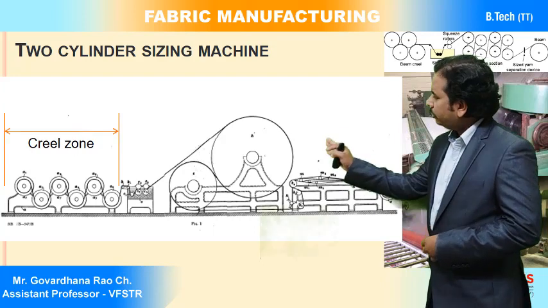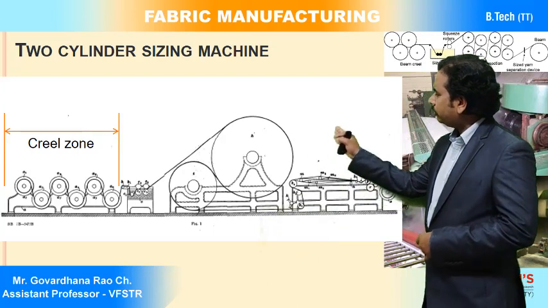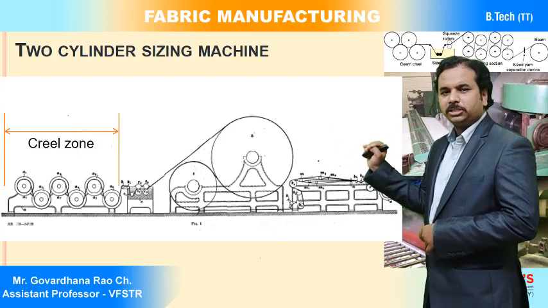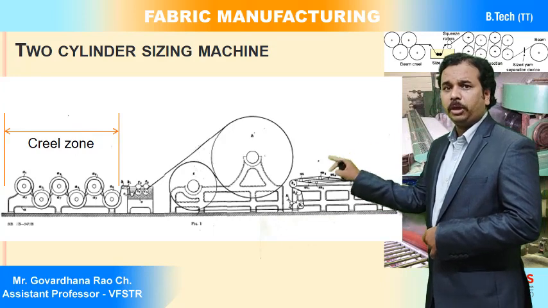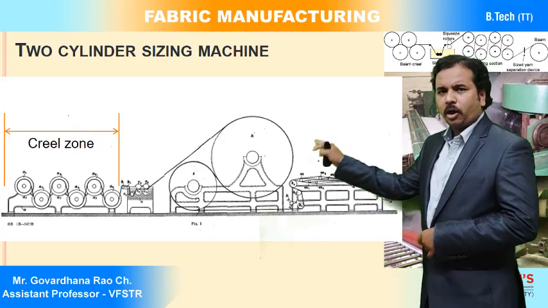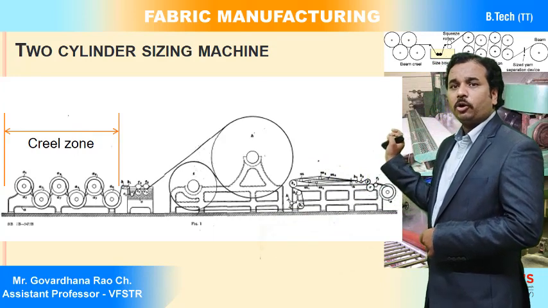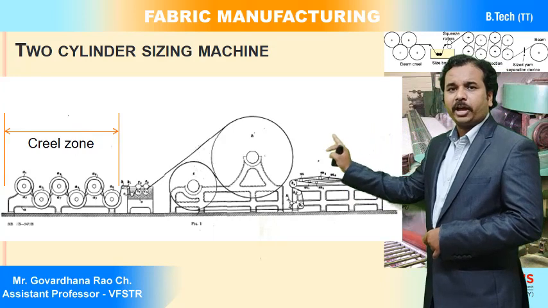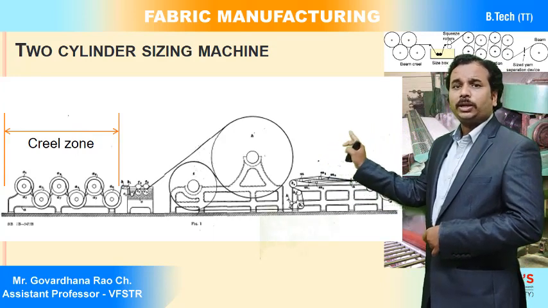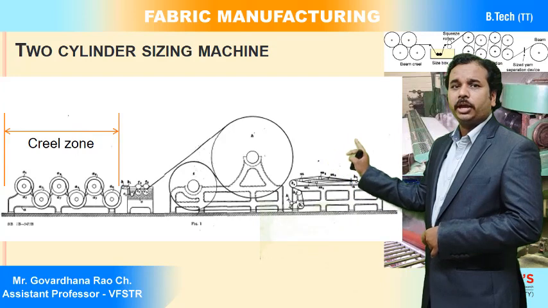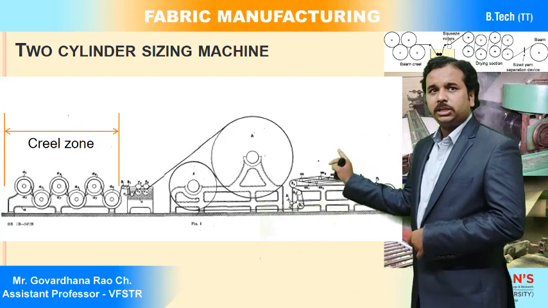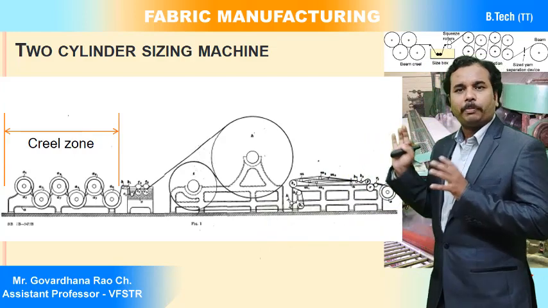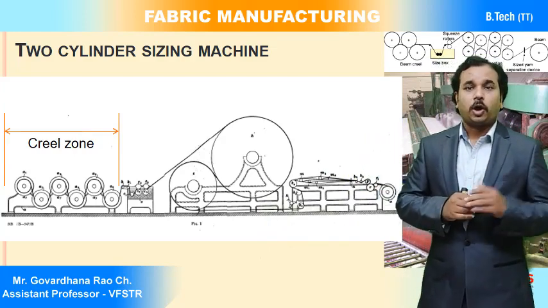In this image there are 6 beams, and each beam has 500 ends wound parallelly on the beam. Together, all 6 beams give how many ends? 6 multiplied by 500, that is a total of 3000 ends we are going to get from these 6 beams. All these ends are going to be passed through the sow box or size box,